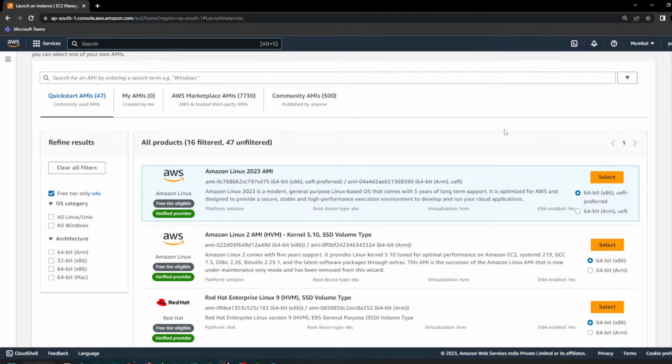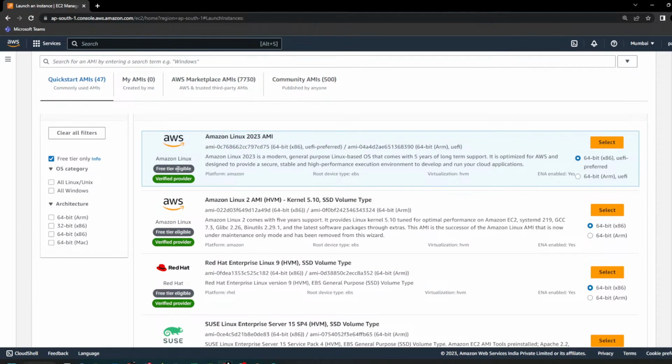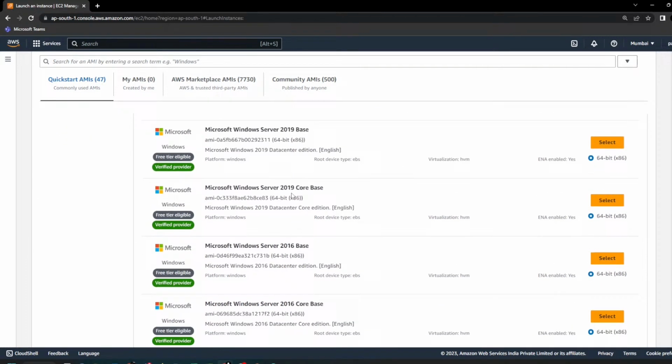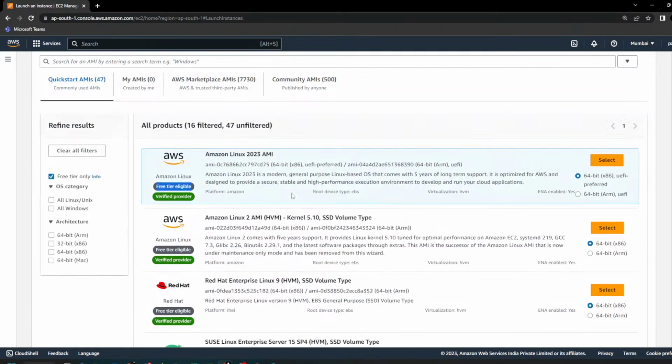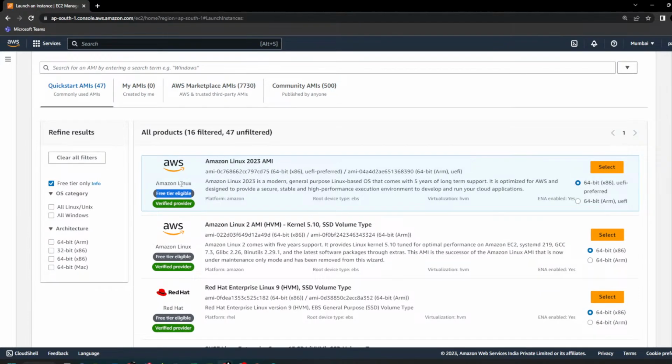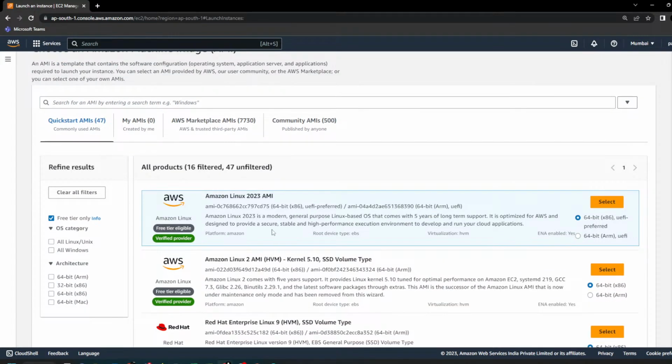Okay, because there are some OS which are chargeable, like Windows OS. Not all Windows OS lie under the free tier category, because of the license they are chargeable. So I will click on the free tier, and you can see these are the different OS available under the free tier category. So we want to select a Linux machine. You can search here, the search bar is also available, but